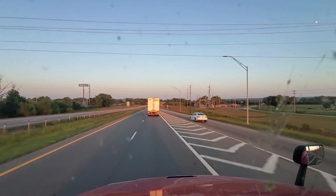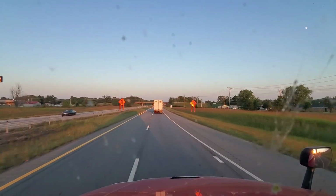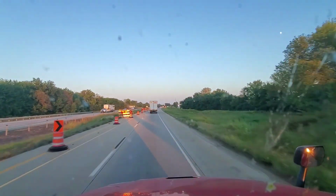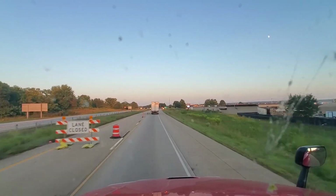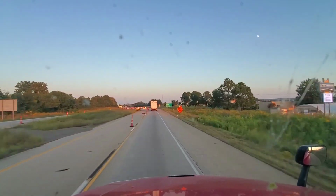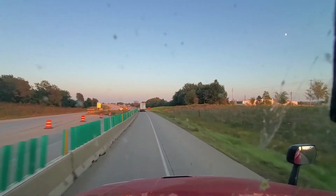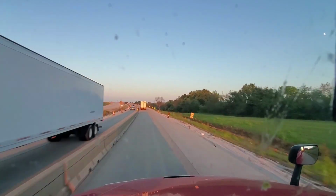Go ahead, little car. Make your way in there. Don't worry, just you freaking bonehead. Even though I gave plenty of room, you saw there was plenty of room for it to sneak on in there. I'm sitting there going, go ahead, you got it. And even still, they just bugged out. Just completely bugged out. That's really funny. I mean, you know what that's due to? It's due to them probably not paying any attention and being completely clueless to the traffic that they're about to merge into. They're probably just looking dead ahead or looking at their freaking text messages or something as they're trying to get ready to merge on,